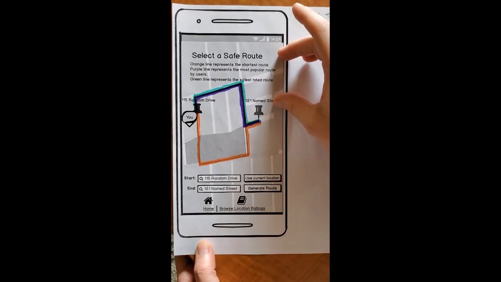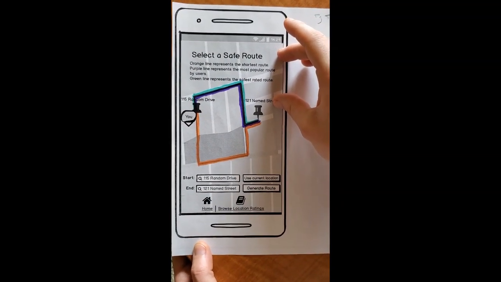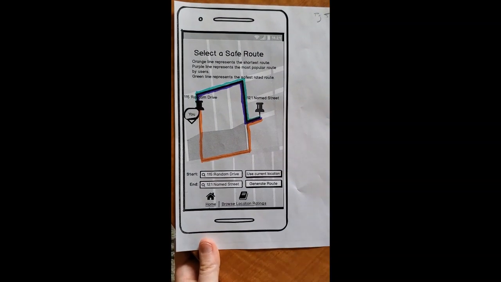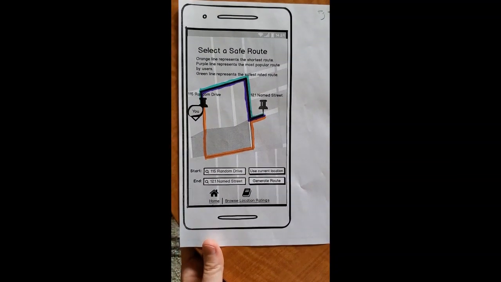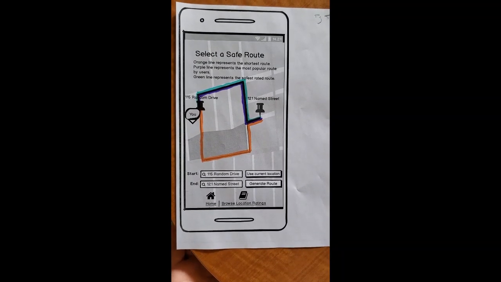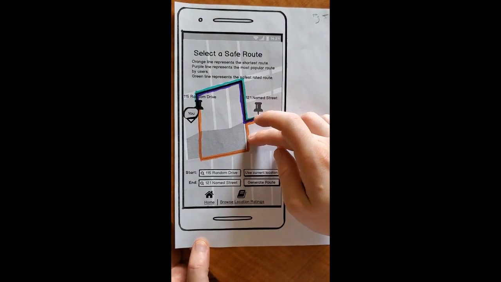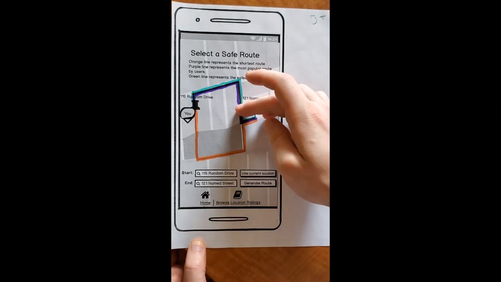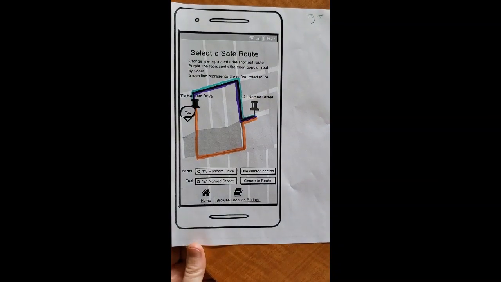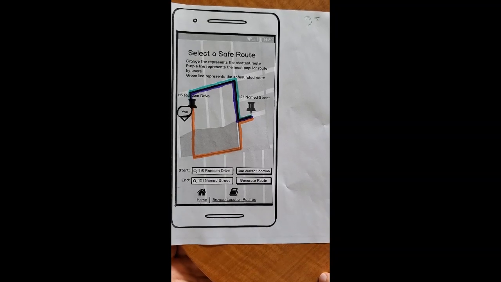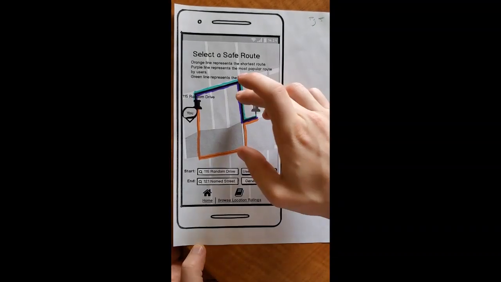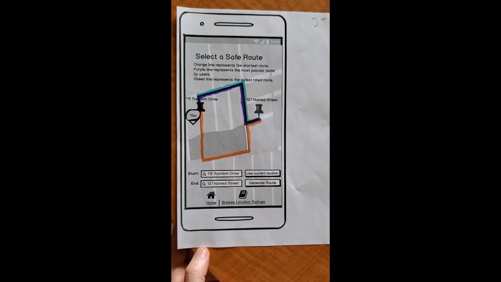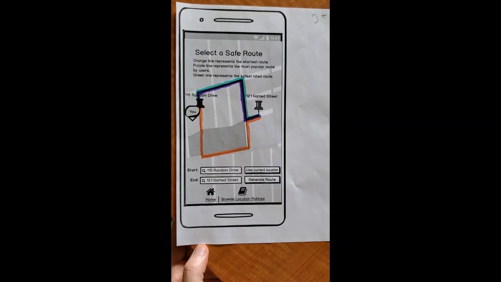Based on the information that we give up top so that users can remember which one is which, I can select the appropriate route for what I prioritize most. If I need the shortest route and I'm in a hurry, I might take the orange route. Purple route represents frequently used or rated popular routes, and green represents a route with the maximum safety rating that